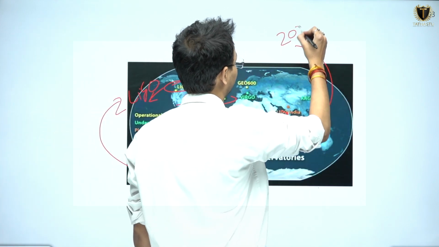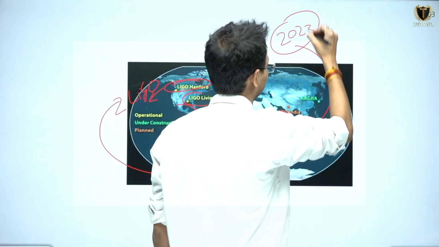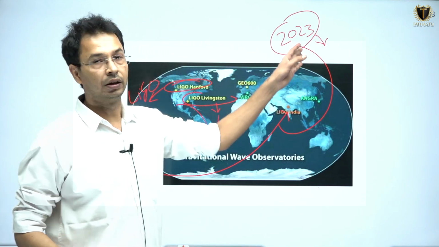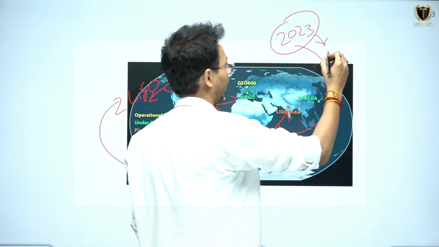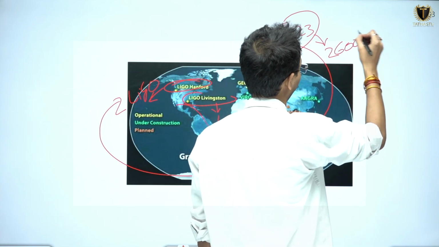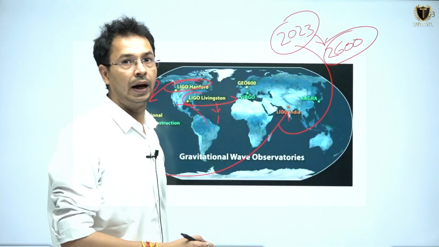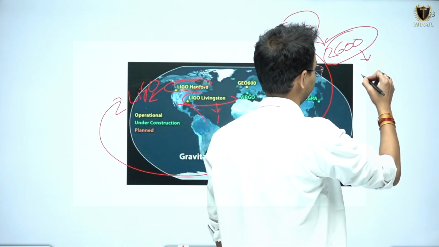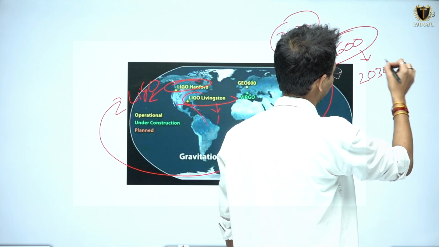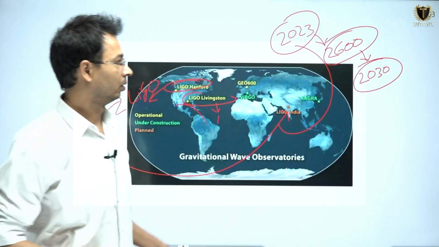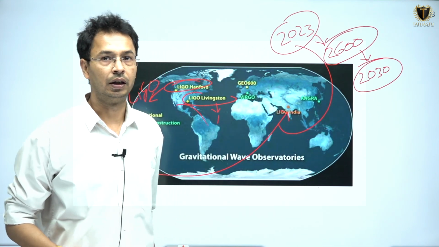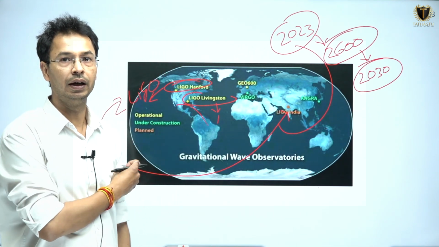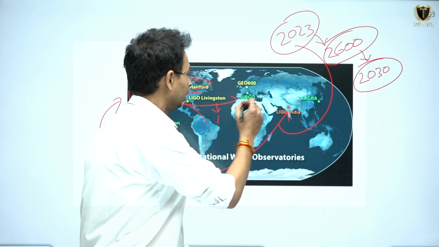In 2023, the Indian government approved this gravitational wave observatory, and the Indian government is giving 2600 crore rupees, and it is proposed that this observatory will be completed in 2030. 2030 में यह ऑब्जर्वेटरी बन के तैयार हो जाएगी. फिर then we have